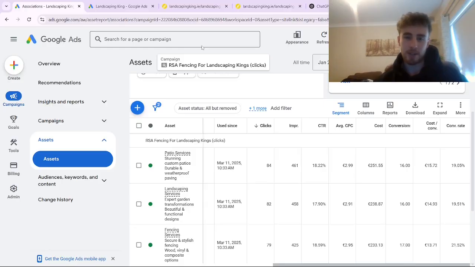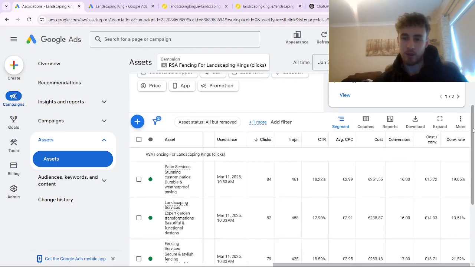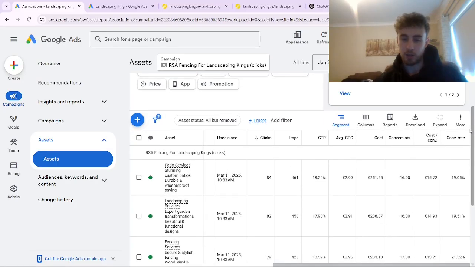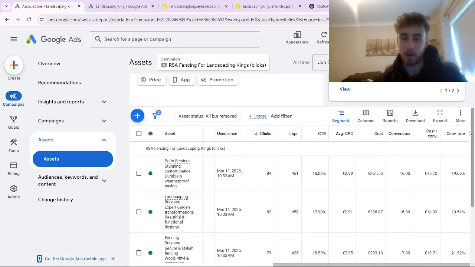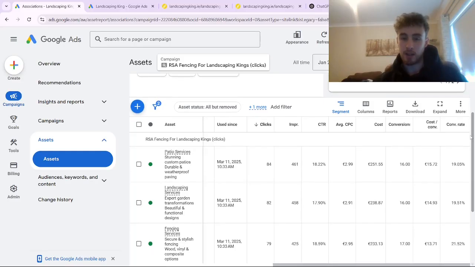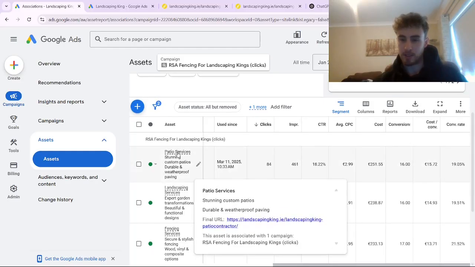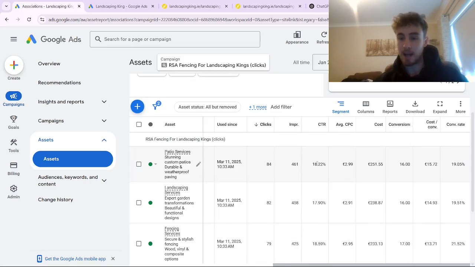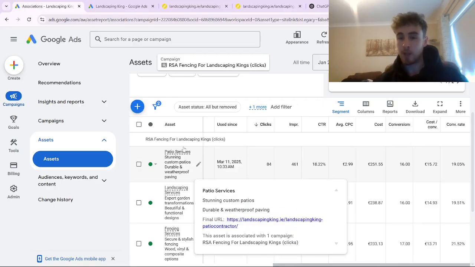And the main metrics I would look at to determine if a site link is performing well is your actual click-through rate, which is the percentage of the time your ad got the click when this site link was shown. So it's not necessarily, for example, patio services here, that the person clicked on the patio services site link. It's just 18% of the time the ad itself was clicked on, not necessarily that final URL when that site